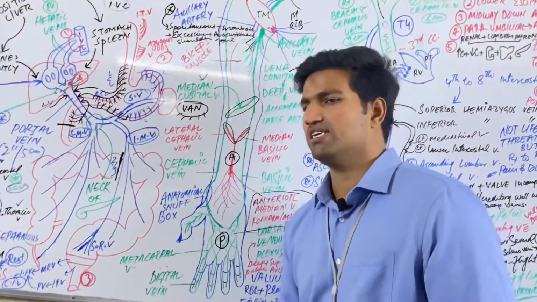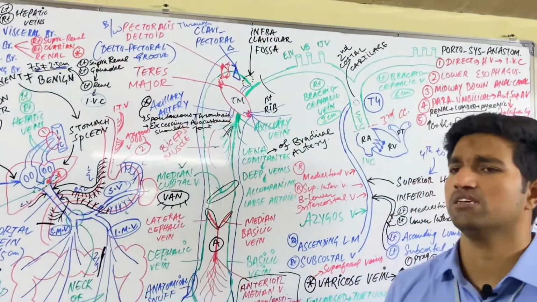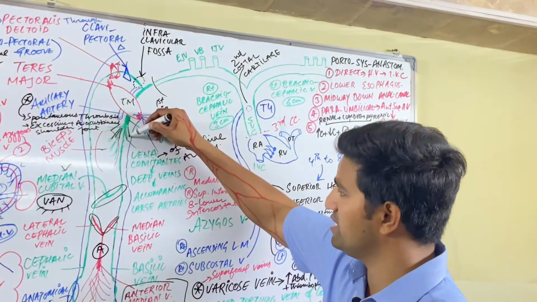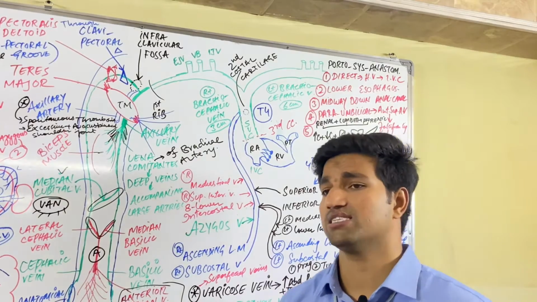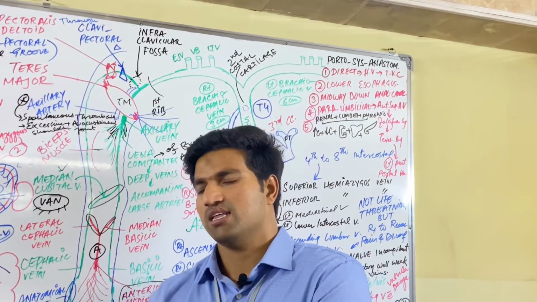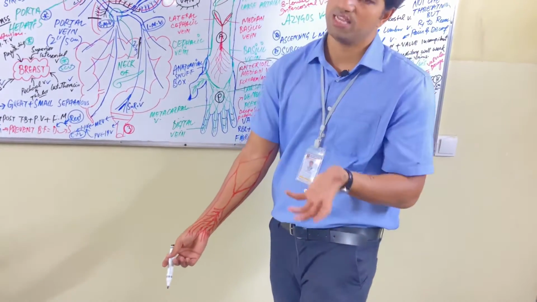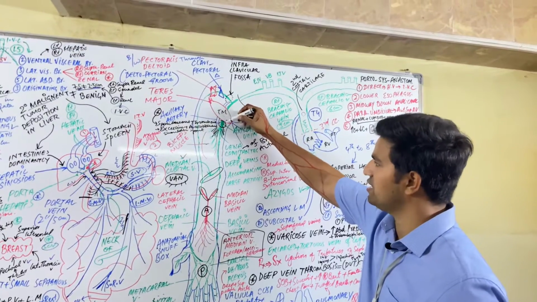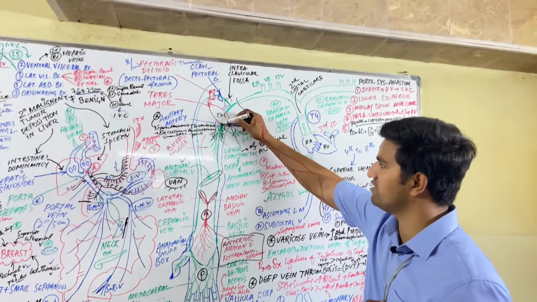What is venae comitantes? I already explained. Venae comitantes are the deep veins corresponding to the large arteries, or you can say these are the venae comitantes of the brachial arteries. The area supplied by the brachial artery, and the venous drainage from the same area, will be drained by venae comitantes of the brachial arteries. So at the lower border of the teres major muscle, this basilic vein plus venae comitantes will make a vein